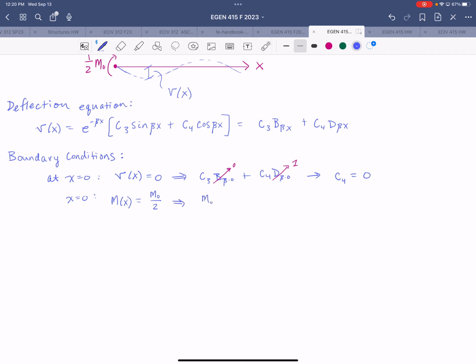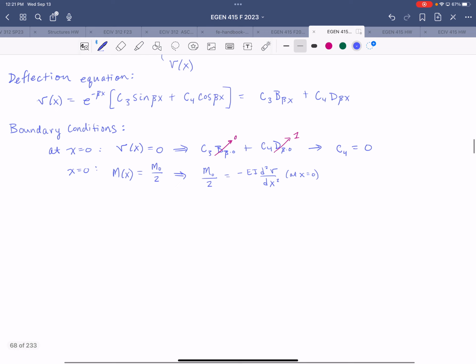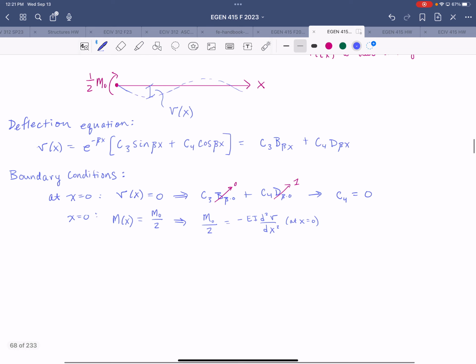We have our moment at that location, which will then be related to negative EI times the second derivative of deflection with respect to x, evaluated at x equals 0. And so once again, we've got to kick back to the other page and look at the second derivative table,